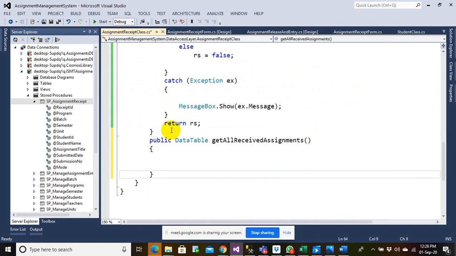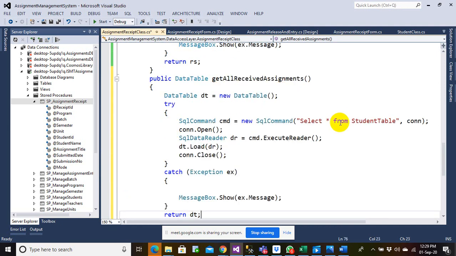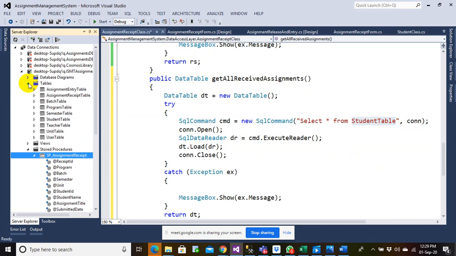Let me copy this here, and instead of this student table I need to pass assignment receipt table.